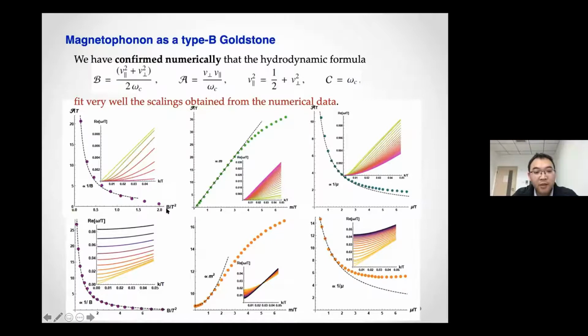But at a larger magnetic field, you see they have different behaviors. They have a difference. But so far we don't have a consistent hydro description for these regimes. So we can just show some results here. But the main point is that at least at a small magnetic field and a small momentum, this graviton mass, these two match with each other.